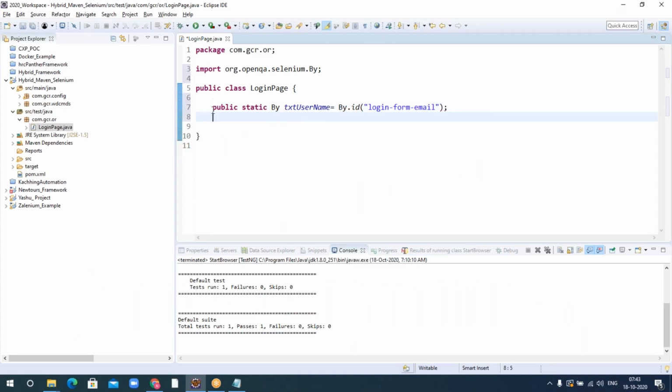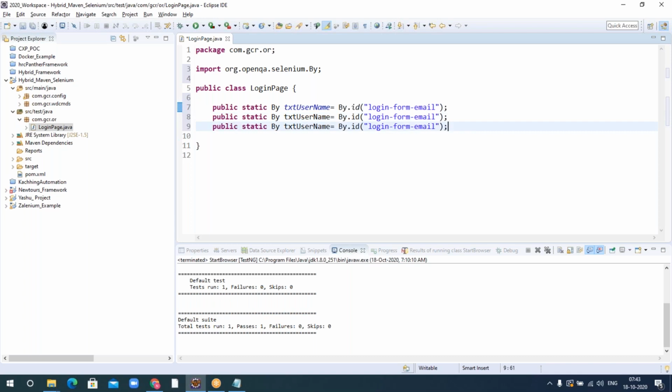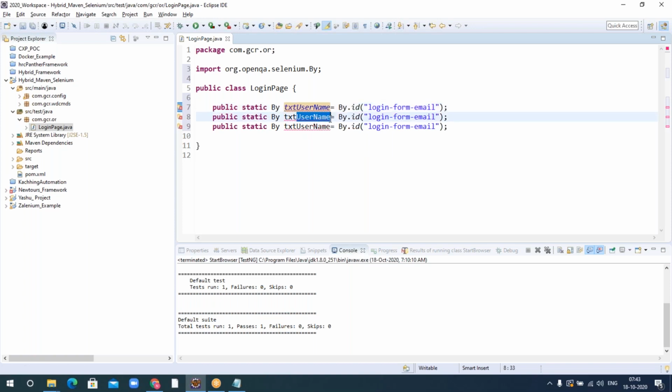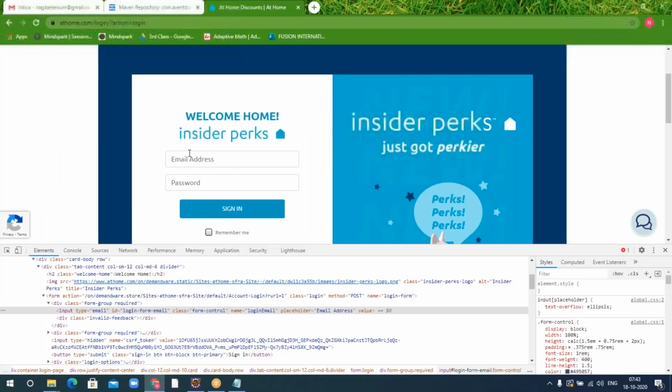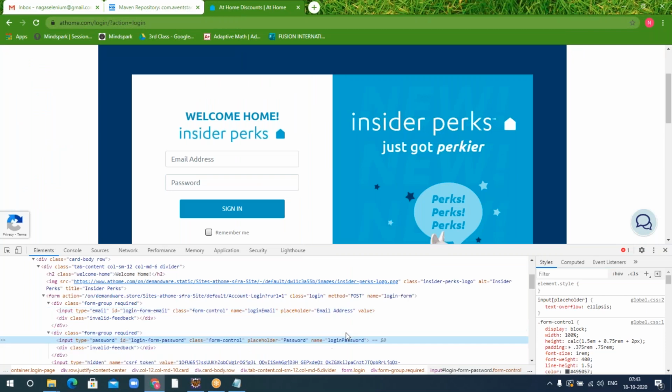In a similar way, I need to do it for the password and for the button as well. So if you see, I have given txt. That means by seeing that, I will get to know that it is a text box. In a similar way, txtPassword. So for password, let me get the locator. Okay, for password also I have it ready.